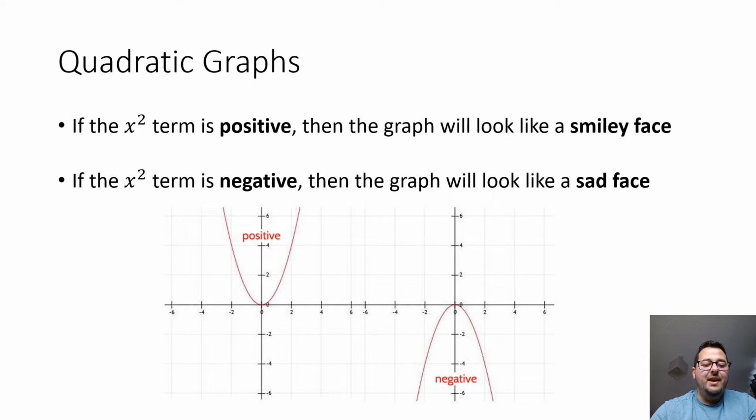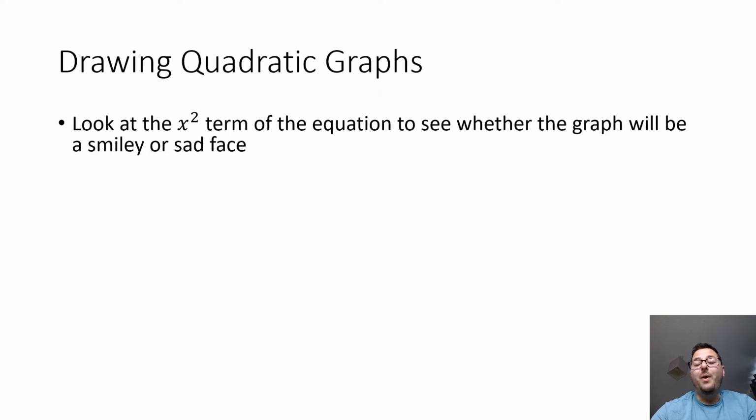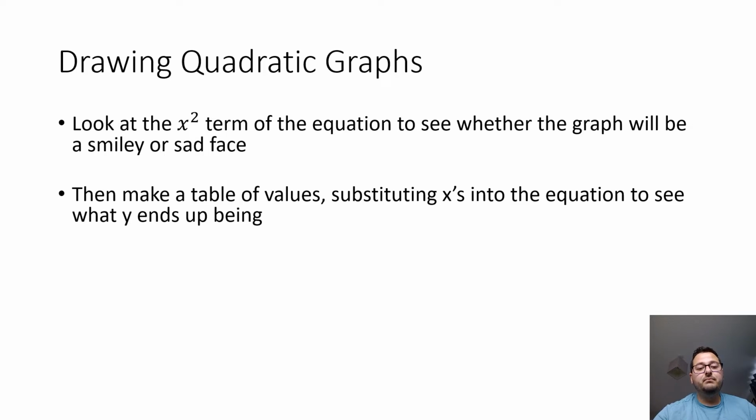Okay, so here is the process for drawing one of these quadratic graphs. The first thing you want to do is get it in the format ax squared plus bx plus c equals y. Now look at the x squared term first. Is it going to be a happy face or a sad face? Then make up a table of values, from x is, I don't know, from -2 to 2. Stick them into the equation, substitute them in, see what you end up with, and then you can plot the